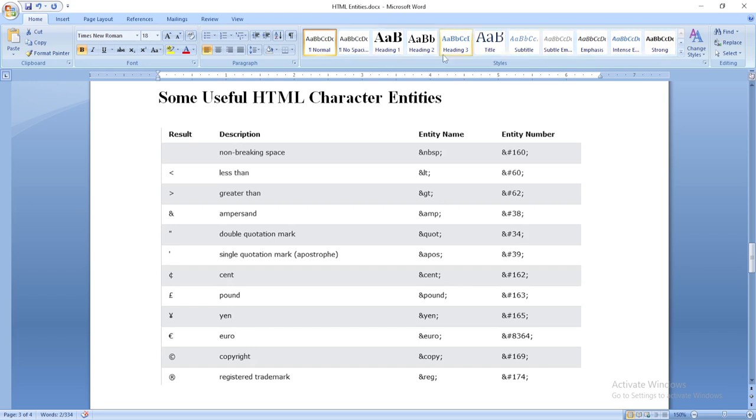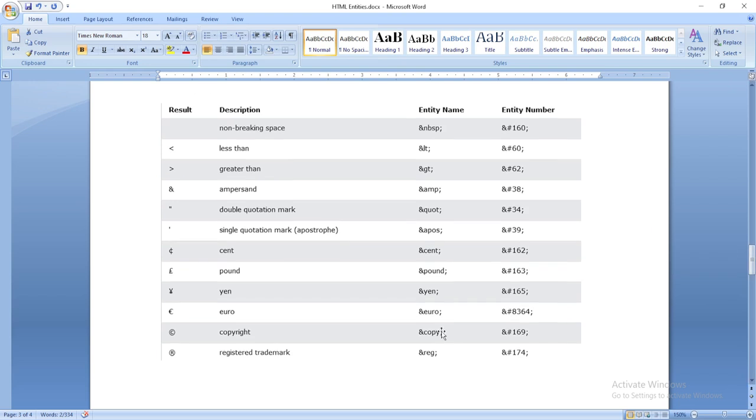In our previous tutorial, we showed you how you can use them as entity names. And if you want to use them as entity numbers, you can use them. As you can see, the way they look is reasonable. For instance, if we want to use the copyright symbol quickly, we can